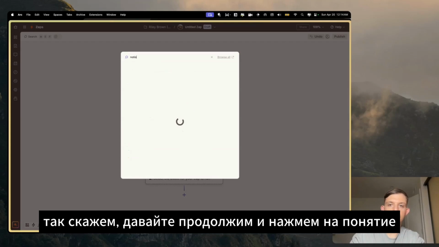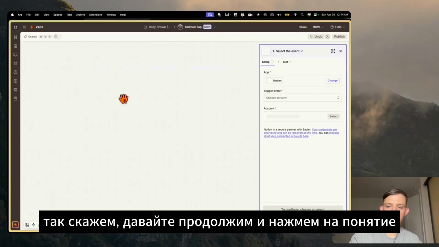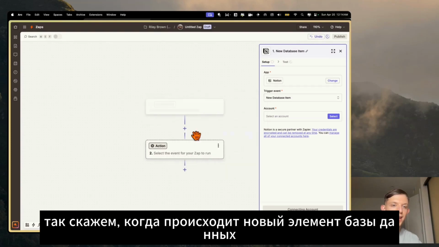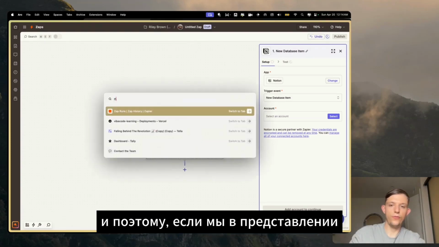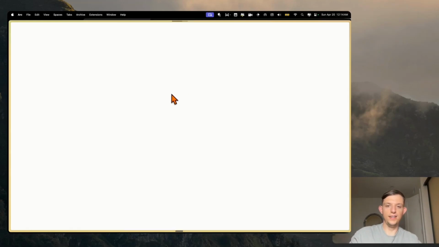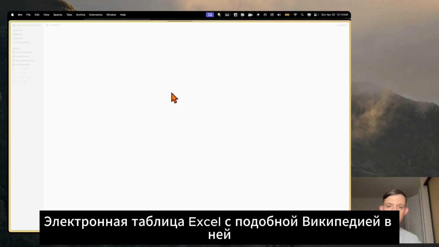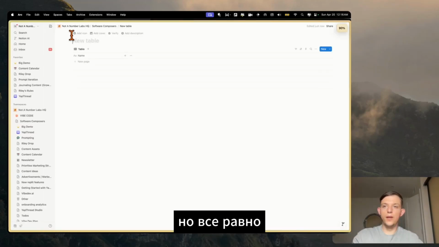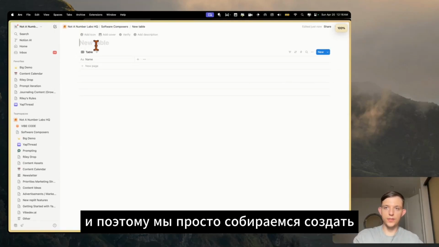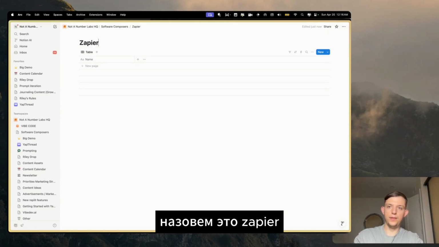So let's go ahead and click on Notion, and let's select an event. So let's say when a new database item happens. And so if we're in Notion, for those of you who are in Notion, it's kind of like an overcomplicated Excel spreadsheet with Wikipedia in it. But anyway, in Notion you can create these things called databases, and they're kind of like tables. And so we're just going to create, let's call this Zapier